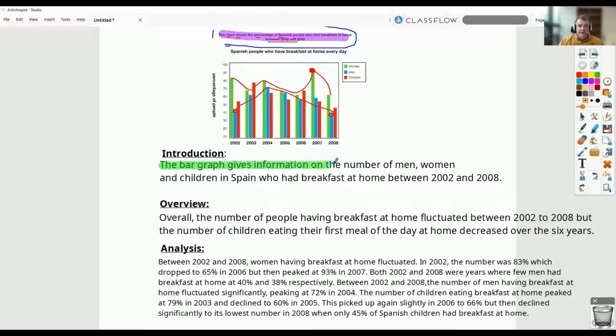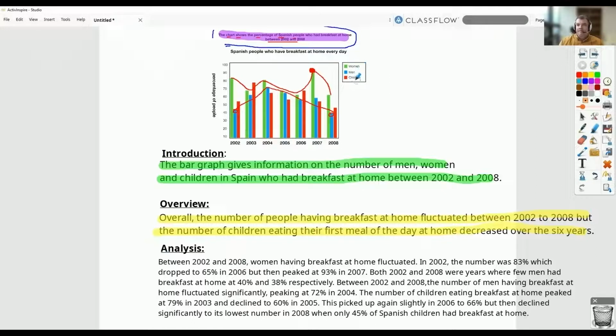Let's call the introduction green. So our introduction is green, our overview is yellow. And then we decided to approach it in a specific way by talking about women, men, and children one by one. As I mentioned before, there's another way to do it, which is to talk about the years, and then within each year to compare men and women and children. But I think that way is slightly more complicated. So the easiest way is to just